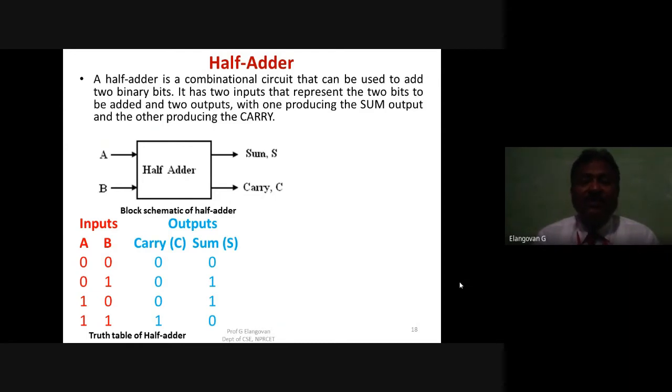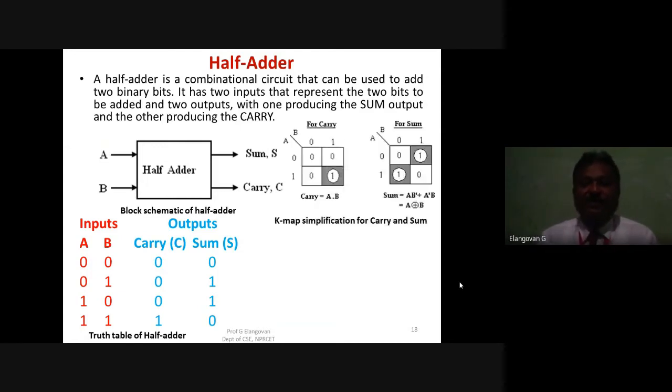So let us just recollect the design procedure. The circuit specification is given, variables are assigned, truth tables are drawn. The next step is to draw the Boolean expression for each variable, so sum and carry, and draw the circuit diagram. Now have a deep look at the carry. If you are comparing that, it looks like an AND gate output. And if you are looking at the sum output alone with respect to the inputs A and B, yes, it looks like an XOR output.